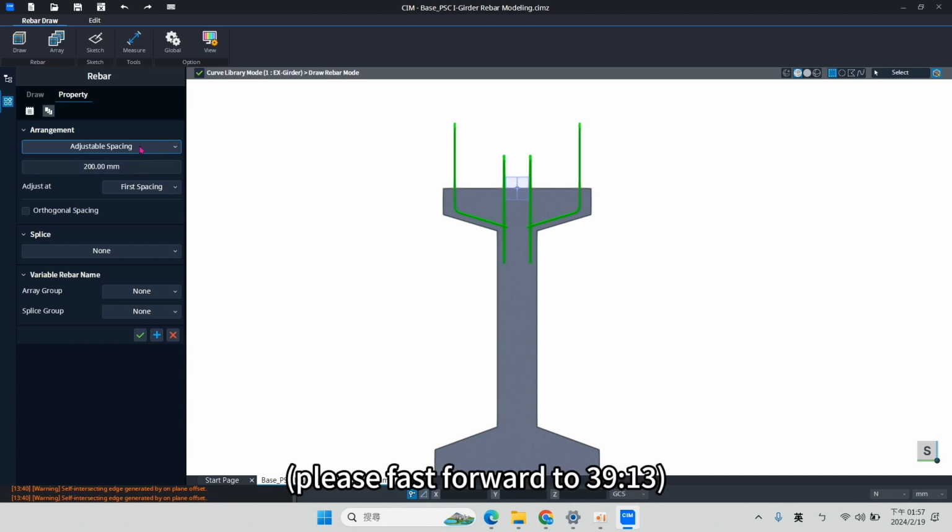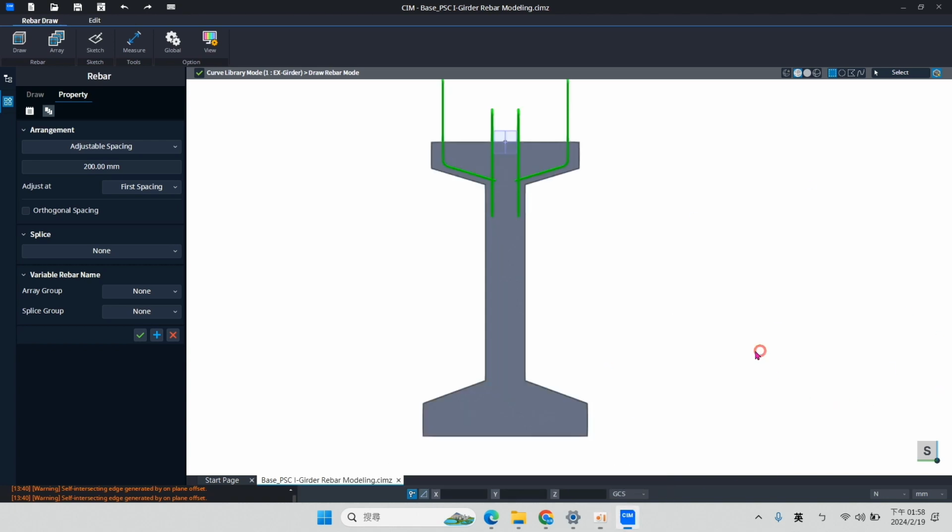Because we have a lot of planes, as you see in our curve library, we have a small segment for end sec, a small segment for mid sec, and a small segment for CB sec, and also the taper section, the transition between the end section and the mid section, as you can see in this part. It means that the spacing is not fixed.